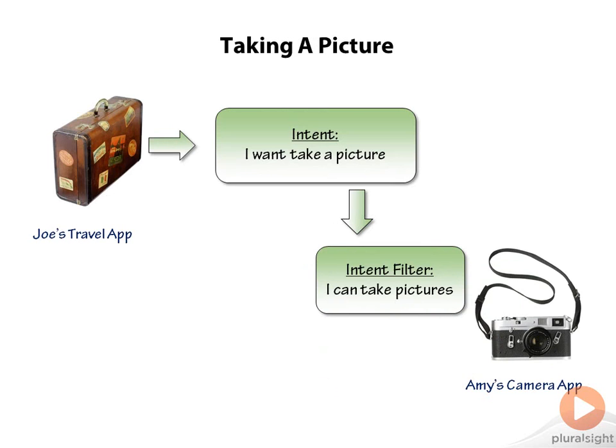Suppose you launch Joe's Travel app, and in Joe's Travel app, there's some functionality to take a picture. Only problem is, Joe wasn't very good at designing a picture-taking activity. So he decided to fire off an intent that says, I want to take a picture whenever the user selected that option, figuring that users would have some application or action installed on the device that should be able to